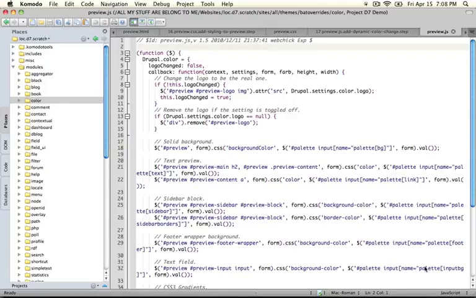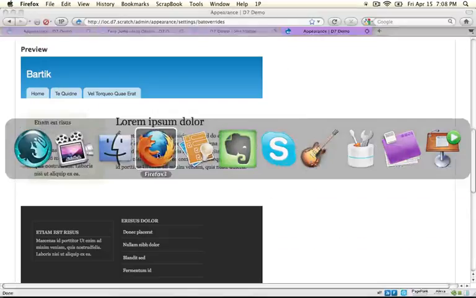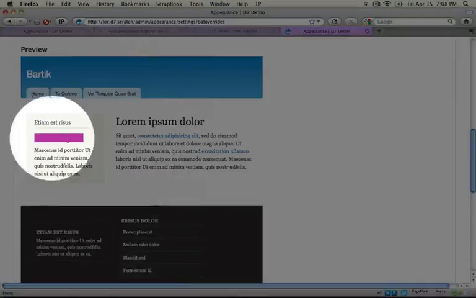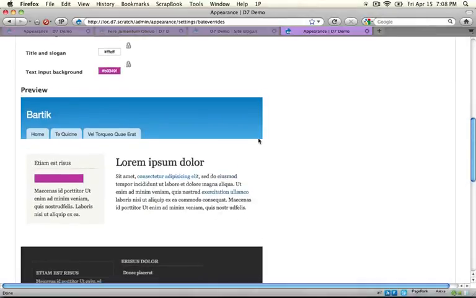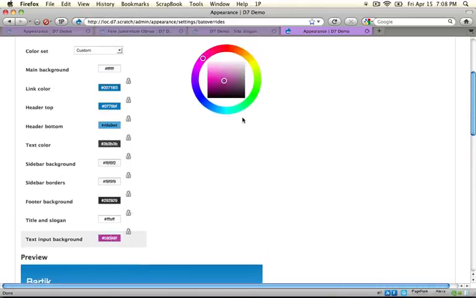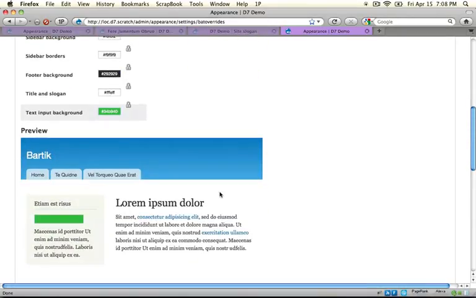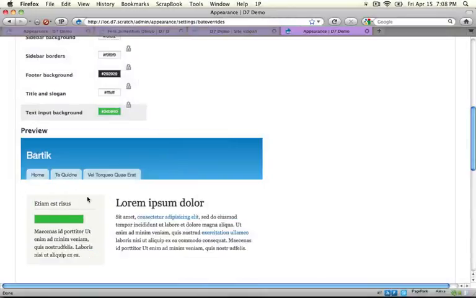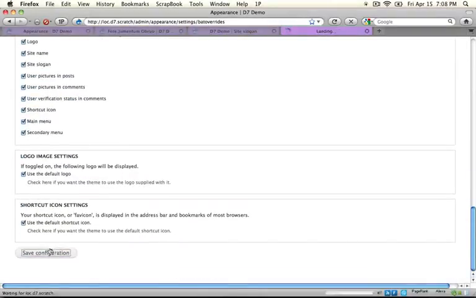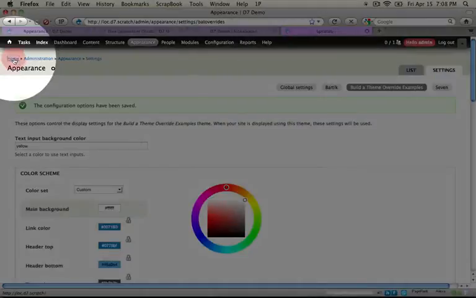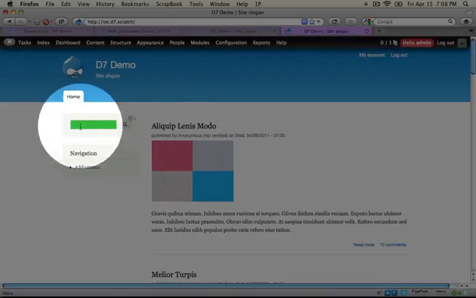So go ahead and make sure that this is saved and jump back to your browser and refresh the page. And you see that now our input is colored. And if we scroll up and we go ahead and modify this input color, and let's make it a green so it's easy to see the difference here, we see that it changes along with it. And again, if we save these changes and we load up the home page, I'm just going to click on the breadcrumb here, our input is now green.